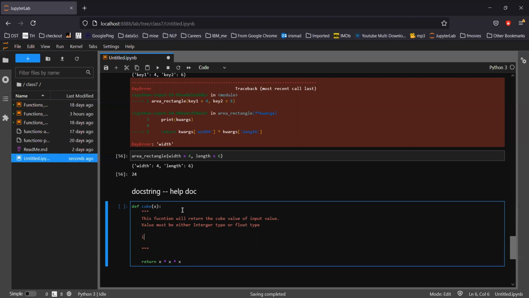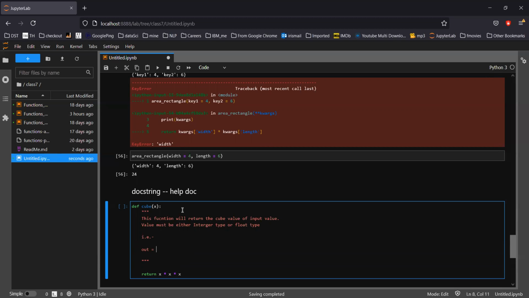Then I'll put an example as well for ease, like how users should use it. So out equal to cube 4, or maybe out equal to cube 4.5, something like this.